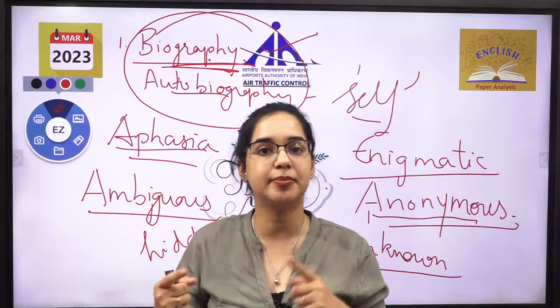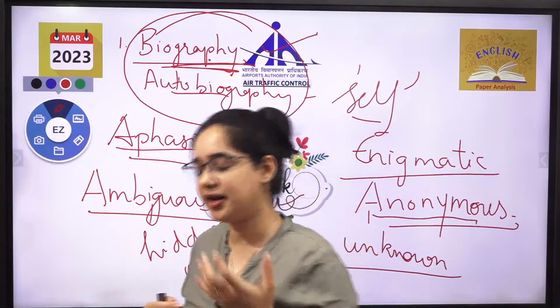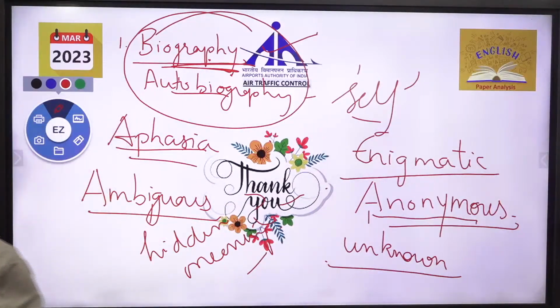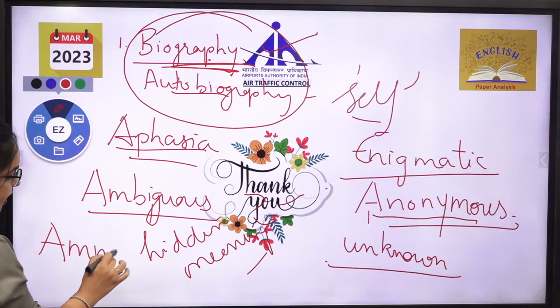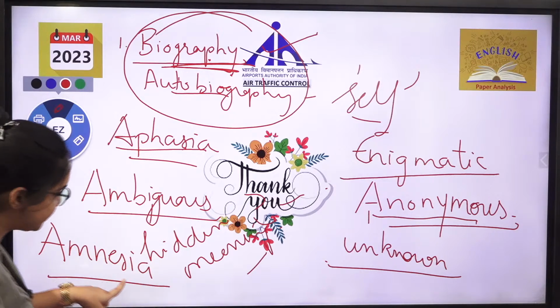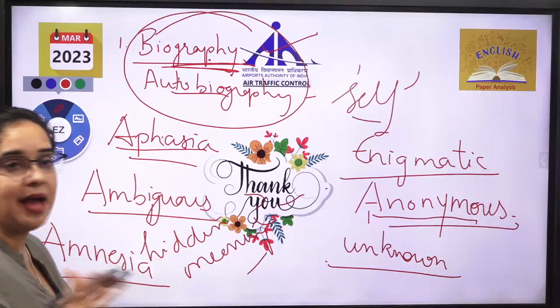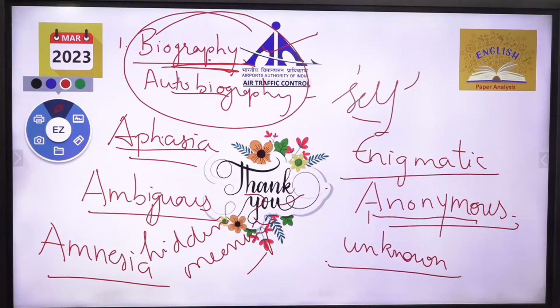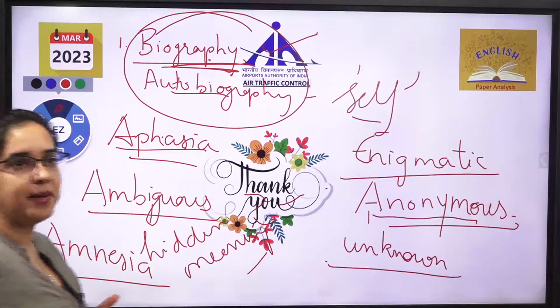Aphasia का मतलब क्या आ गया? Loss of speech. बोल ना पाना, that is termed as aphasia. अच्छा, amnesia क्या होता है? Aphasia से याद आ रहा है amnesia. इसका साउंड बहुत सिमिलर लगेगा. Amnesia क्या होता है? Anyone? What is amnesia? जल्दी बताओ क्या होता है? Mind loss. Yeah, like your memory gets lost.